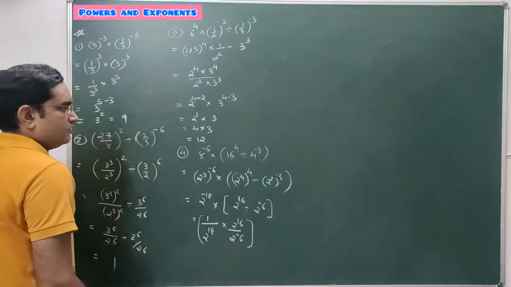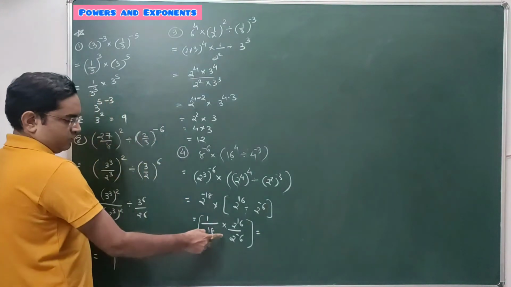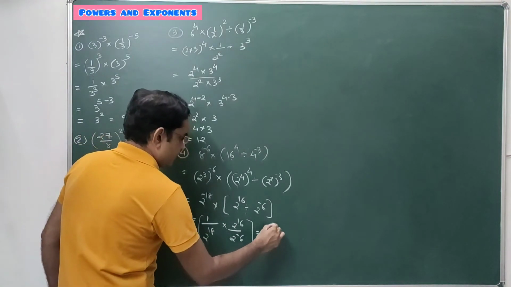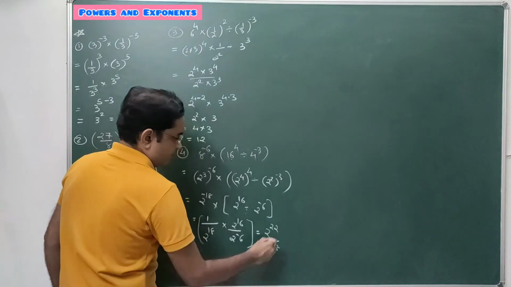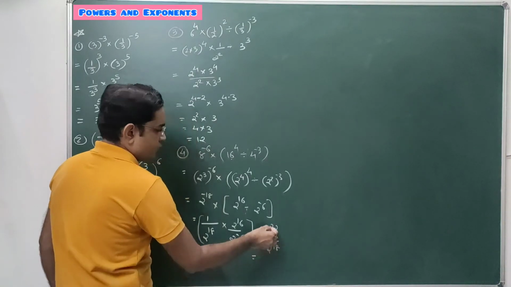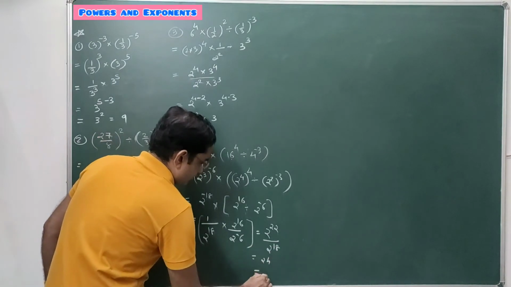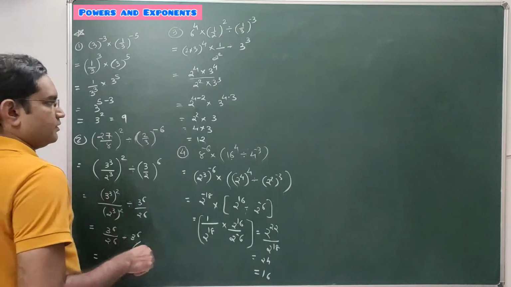चलो पूरा खाना एक साथ में नहीं खाना है. So this is equal to 2 raised to 16 into 2 raised to 6. So it's 16 plus 6, 22 upon 2 raised to 18. So now power of 2 powers in division, subtraction, 2 raised to 4. 2 raised to 4 is 16 is the answer. Done.